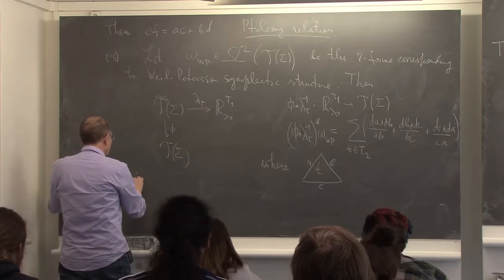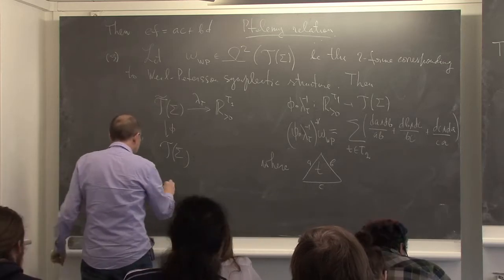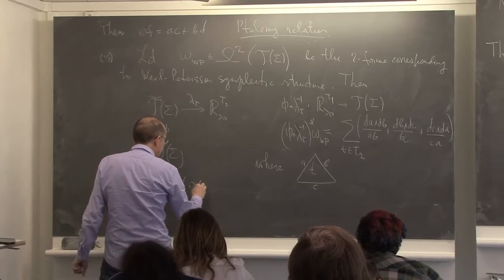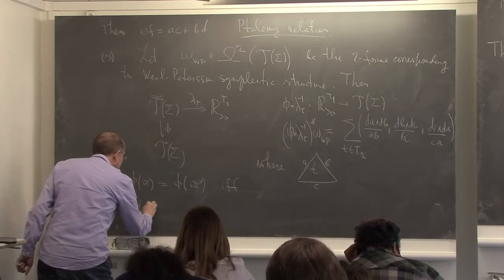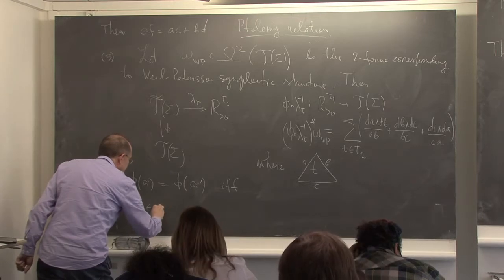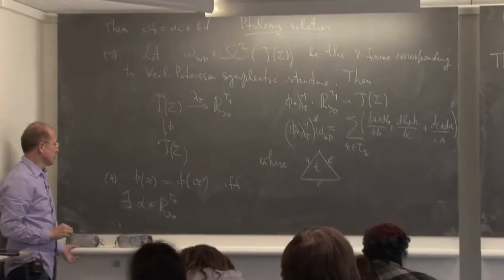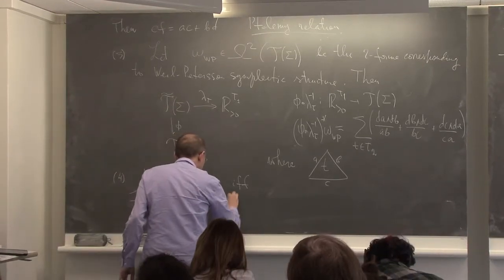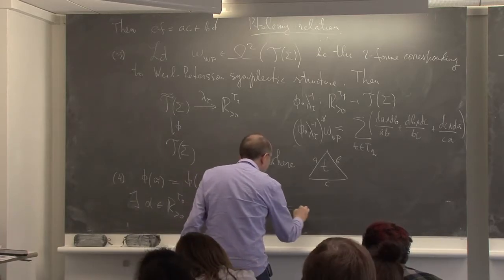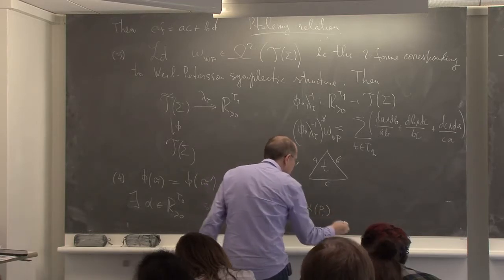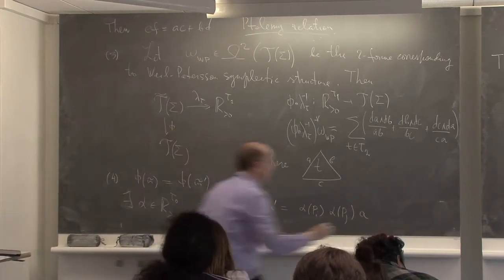So phi of m tilde is equal to phi of m tilde prime if and only if there exists alpha, a function on the vertices of the ideal triangulation, such that A prime is equal to alpha of p_i, alpha of p_j, times A, where